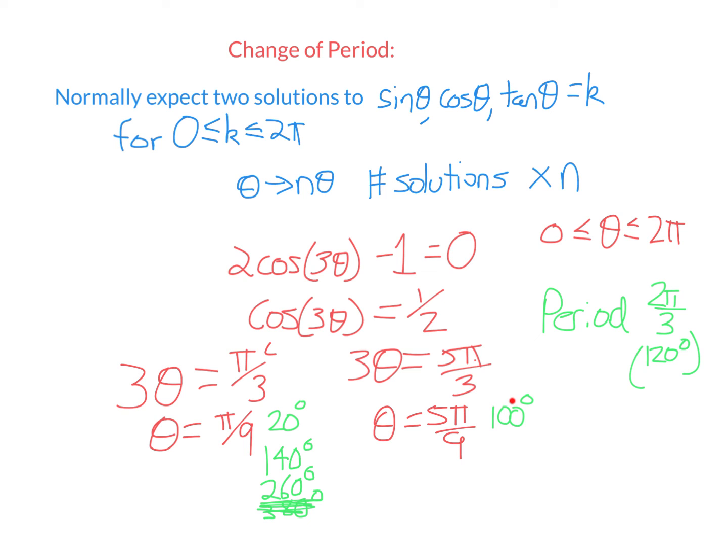So I'm going to do the same here. So starting at 100, I'm going to add 120. So my next solution will be theta is 220, add another 120. And of course, if I add another 120, I'm outside the range. So these are the 6 solutions in degrees. I now just need to change them to radians. So changing each of these answers in degrees back to radians by multiplying by pi over 180, these are my